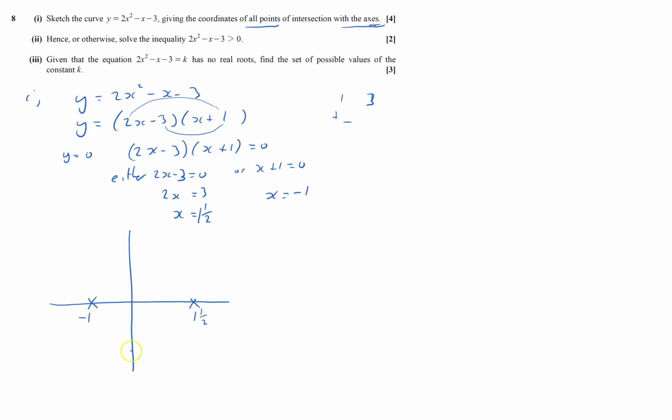I need to know where it goes through both axes, so I need to know when x is 0. When x equals 0, that will give me 2 nothings, take away nothing will be minus 3. Y will equal minus 3, so I can put in minus 3 anywhere by there. But now I know that the minimum point is going to have to be there because it's going to be symmetrical about that. So it's going to have to come down